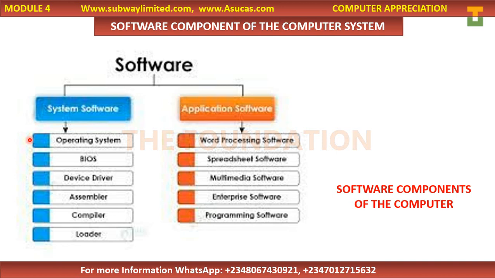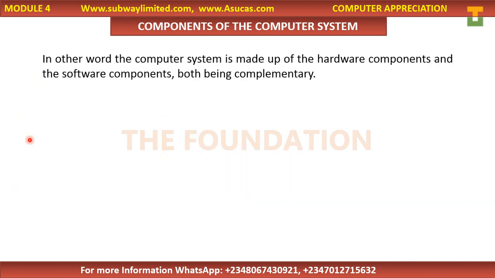So those are basically the software components, those programs, both system software and application software, that enable the functionality of your computer system. So in one word, the computer system is made up of the hardware components and the software components, both being